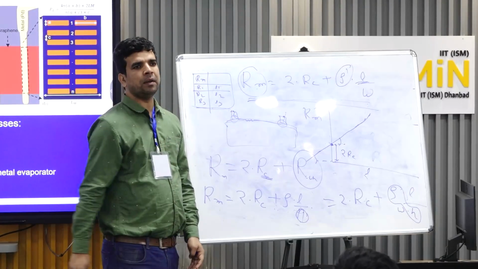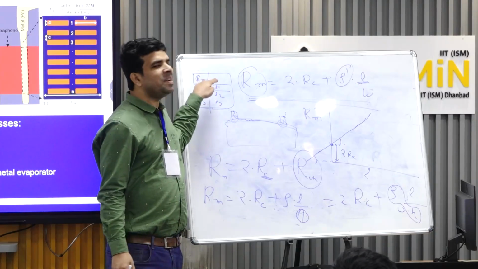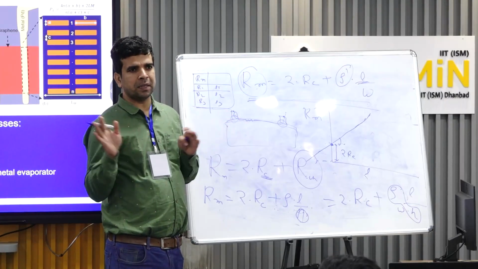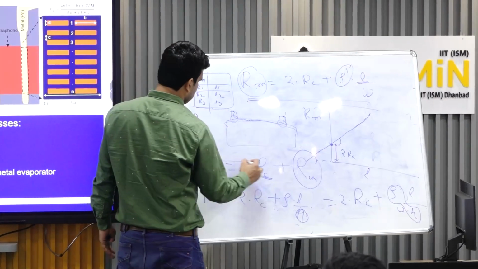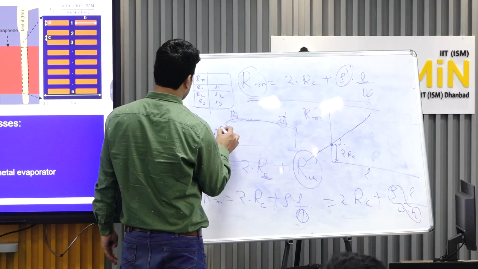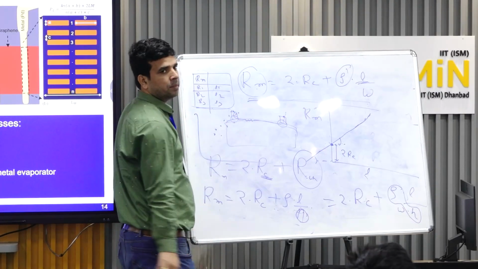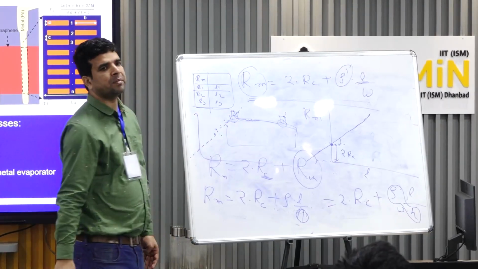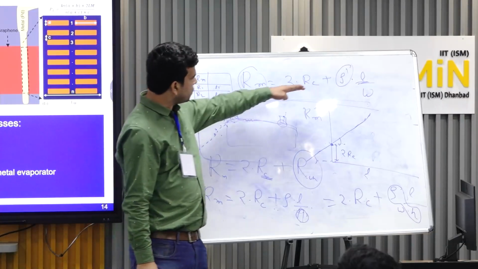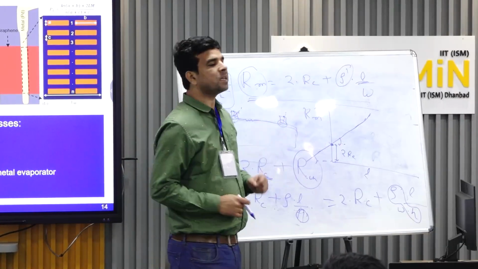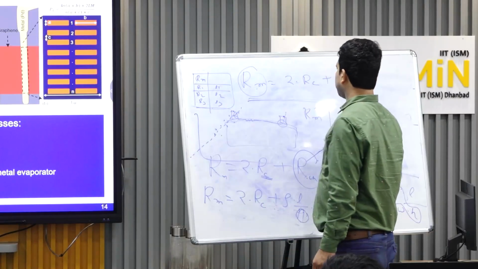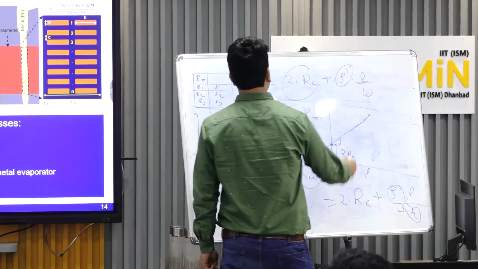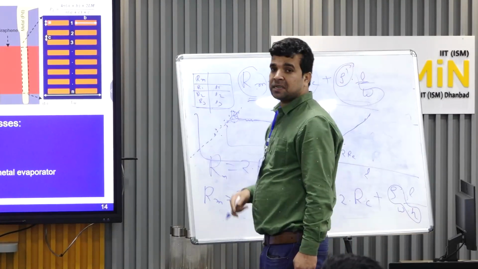If you plot that table, the first thing is that it should come almost linear. It will not come perfectly linear because there are a lot of issues. The points will come here, here, here, here. So you can take the average value and plot something like this, which corresponds to this equation. So in a single measurement, this intercept will give you the contact resistance, and this slope will give you the sheet resistivity also,